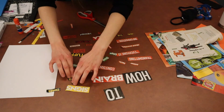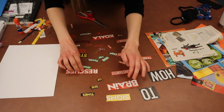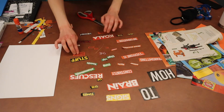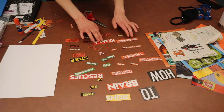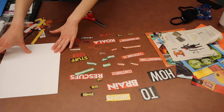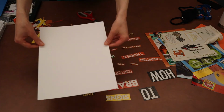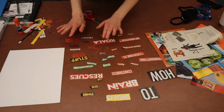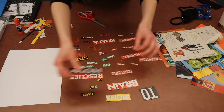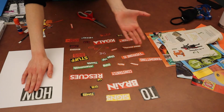All right, club members, now once you have all of your words cut out, I would recommend that you lay them all flat on a table so that you can see each and every one of them. And what you're gonna do, I know my table is quite a mess here, is take one of your sheets of cardstock from your folder, and start taking all your different words and placing them on your page until you find a combination that you really, really like